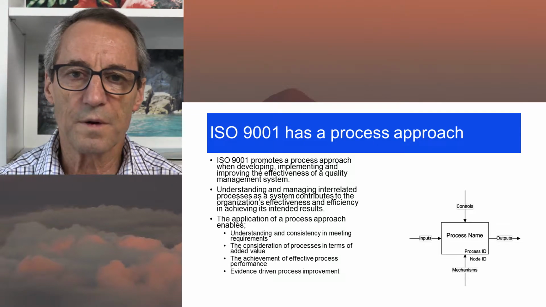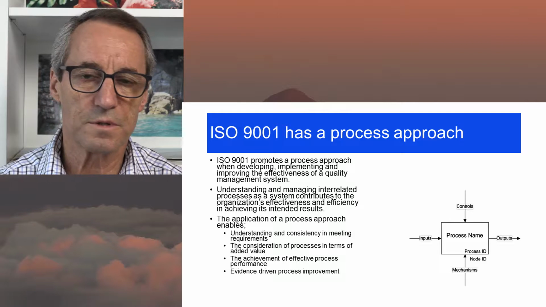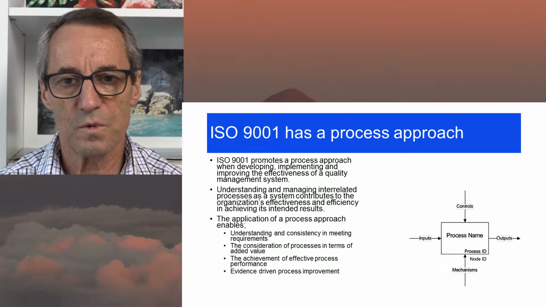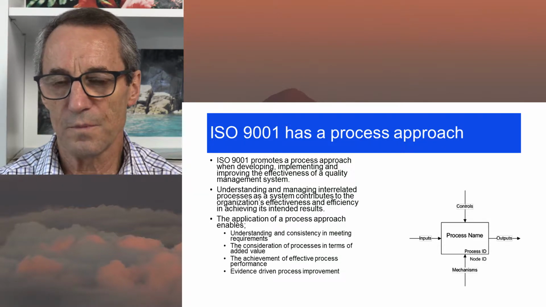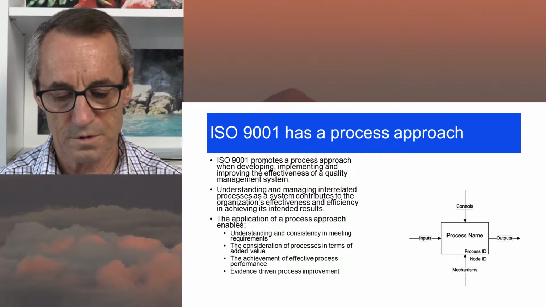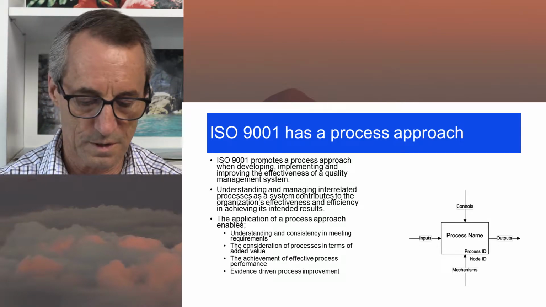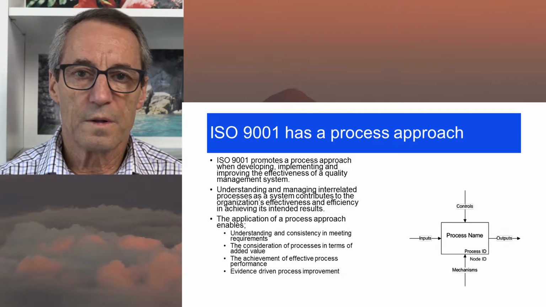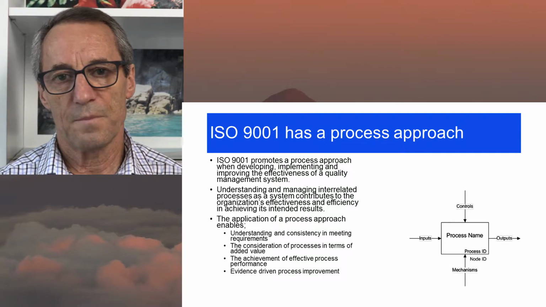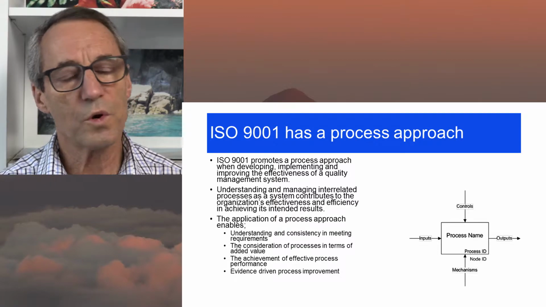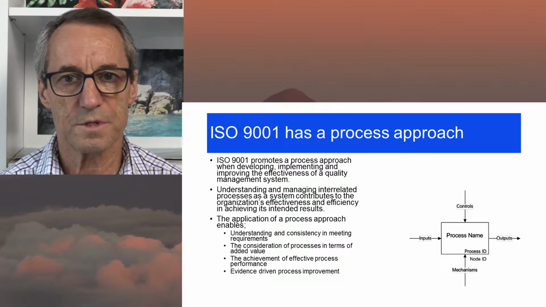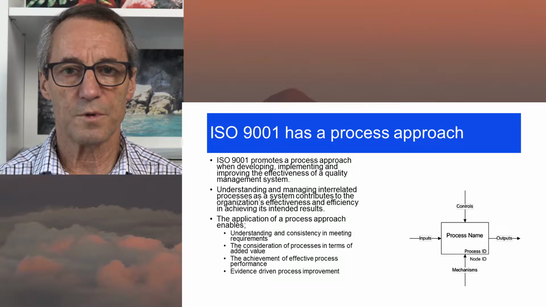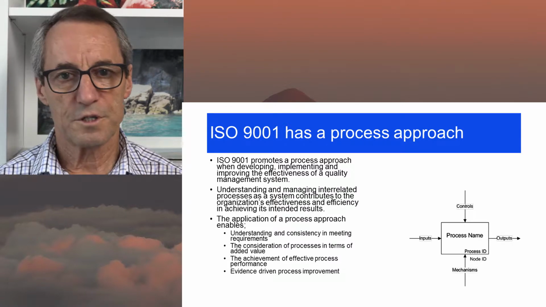Now, ISO 9001 had a process approach. I think it was introduced in the 2000 edition of ISO 9001. I don't think it was there before, but certainly it was there in the 2000 edition. And so they had this process approach where they essentially said everything happens in a process, or all work outputs are produced using processes, and your job of your quality management system is to determine what these processes are and the relationships between them.